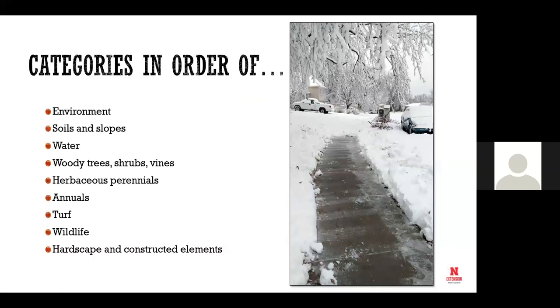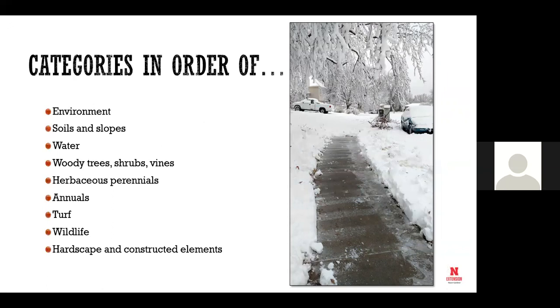Okay, so then we categorize. So here's our categories that we came up with, and these are pretty much in priority order in terms of significance. So the environment: what is the environment in which you are functioning? You can start with the big, broad macro, and you go to the micro, it's your place.